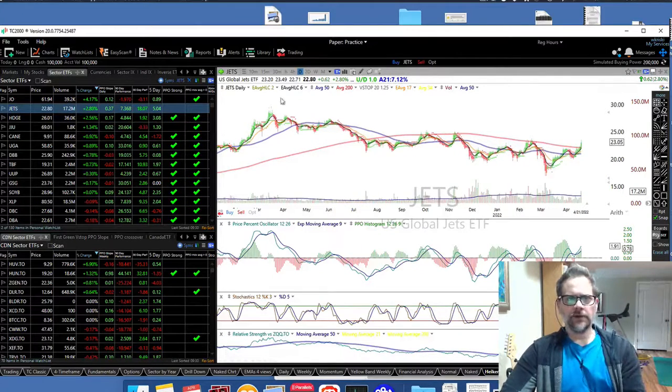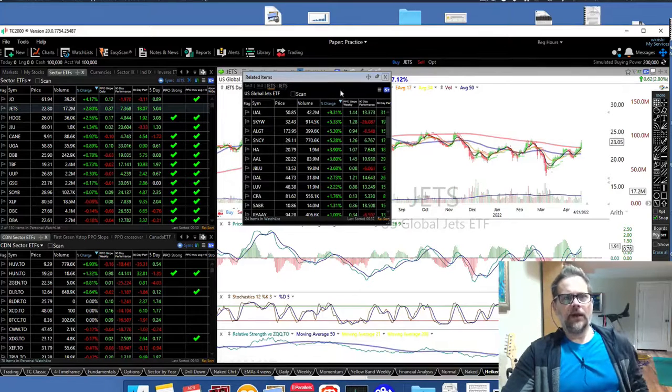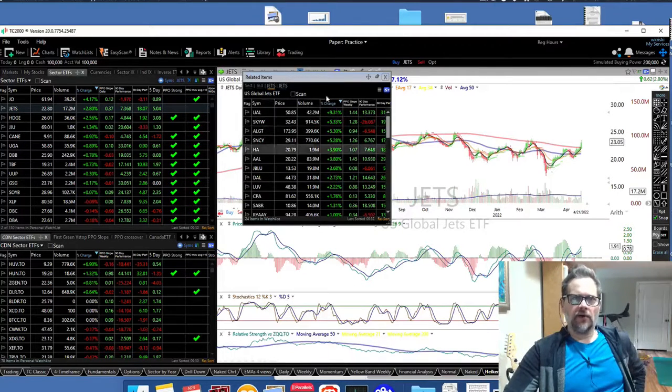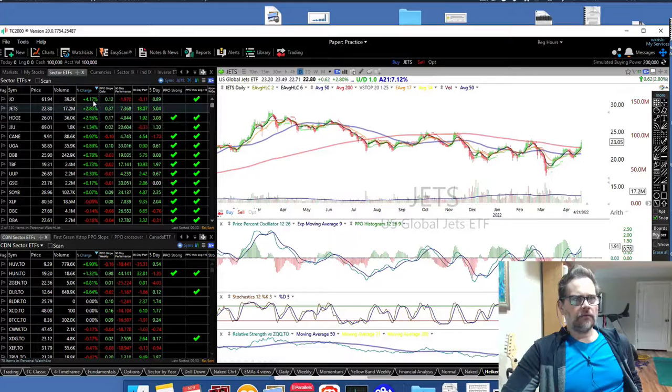That's airlines and stuff. You can click on this related items tab, which I really like, because then you see all the stocks in that ETF, and then you can click on these and go right to the chart. And you can scan the whole ETF for whatever conditions you want. So yeah,